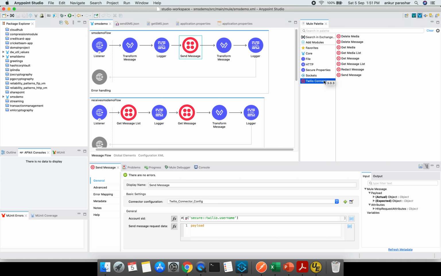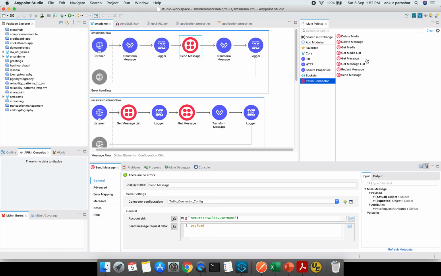Within Twilio, you can see multiple options available. Send message is as good as sending the SMS. Get message is getting the same message details. Message list is to get the entire list of SMS which were sent during this session. Media is related to MMS.